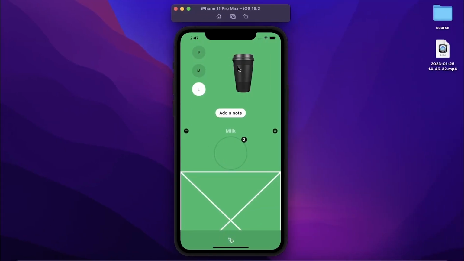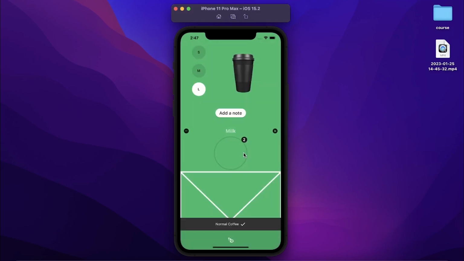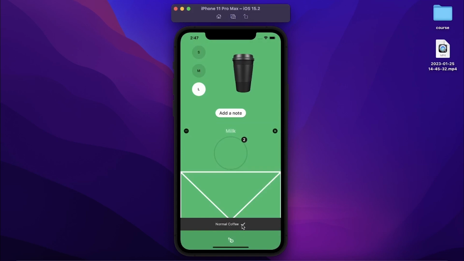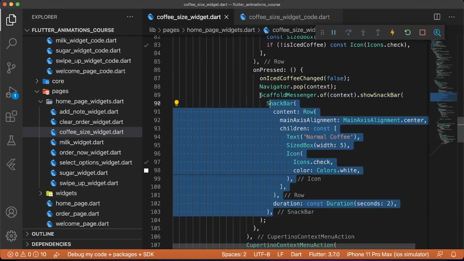So let's go back inside the application. When I click on this and I press on iced coffee or normal coffee, you see that we have the snack bar that appears with the text and the icon check. This is how to create a snack bar inside your Flutter app. You just have to use the scaffold